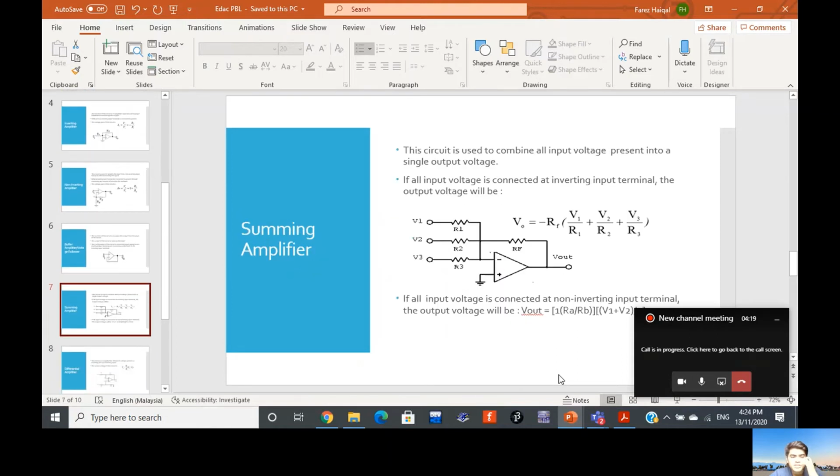So next is the summing amplifier. This circuit is used to combine all input voltages present into a single output voltage. If all voltages are connected at the inverting input terminal, the output voltage will be negative RF times V1 over R1 plus V2 over R2 and V3 over R3. But if all the input voltages are connected at the non-inverting input terminal, the output voltage will be